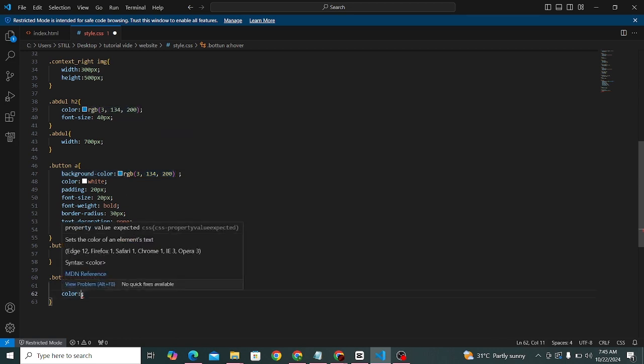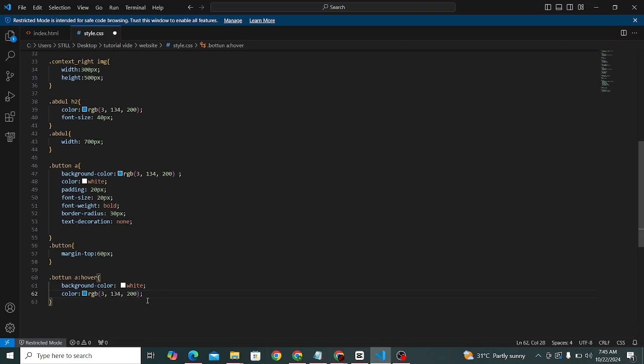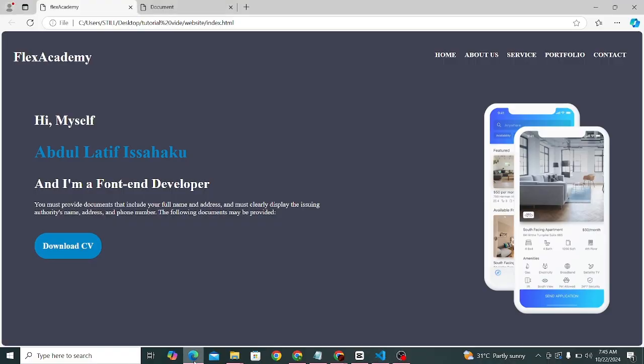So now let's copy it and paste it here. So basically we are saying that anytime a mouse hovers over our button tag, it should change the text